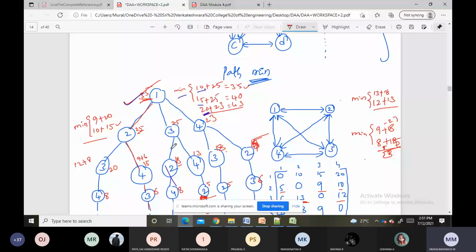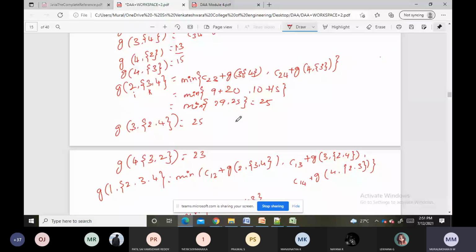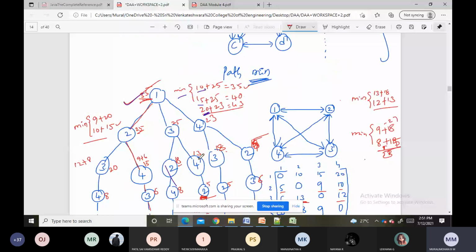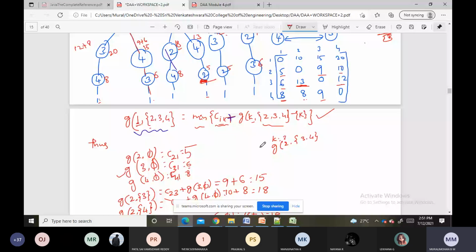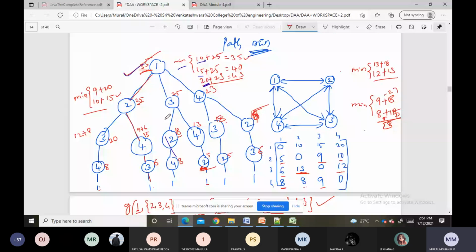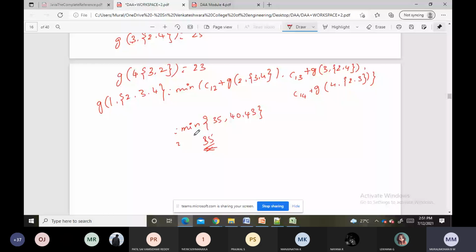So in the examination, kindly remember, this is just for your understanding purpose only. I wrote this one, that is this tree. In the examination, by this formula only you should solve if it is asked for dynamic programming. This tree is a brute force method, but it is not there in your syllabus. You should solve only with this formula, dynamic programming method. Kindly remember.